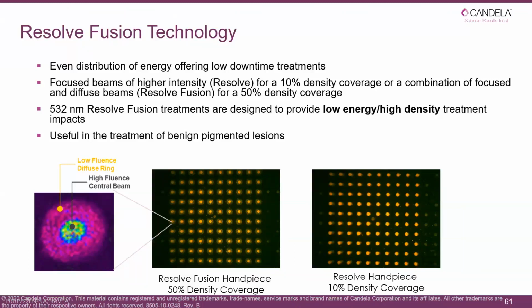So if you're using a standard 532 Resolve handpiece, you would need to do numerous passes to even get to a 50% coverage. Whereas with our Fusion handpiece, 2 passes and we virtually have a coverage of 100%. So it gives you a much more efficient coverage, and also a much better end result when you're looking at treating pigment,